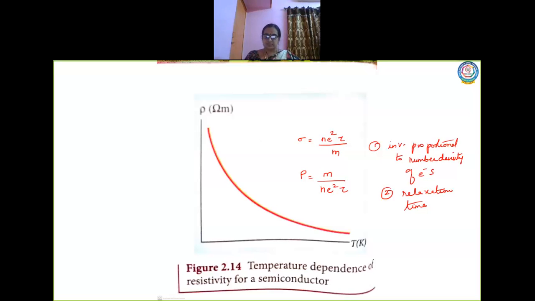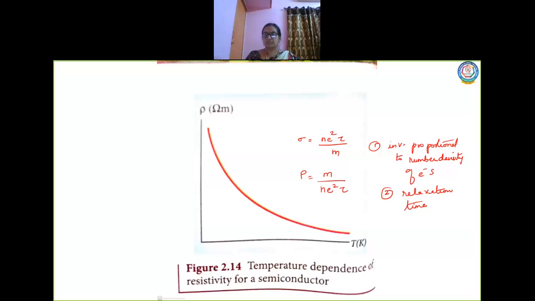Then there is one more problem. The resistances of a material at 10 degrees Celsius and 40 degrees Celsius are 45 ohm and 85 ohm respectively. Find its temperature coefficient of resistance. You need to determine the value of alpha. They have given 2 temperatures and 2 resistances. So T0 is 10 degrees, T is 40 degrees, R0 is 45 ohm, and R is 85 ohm.